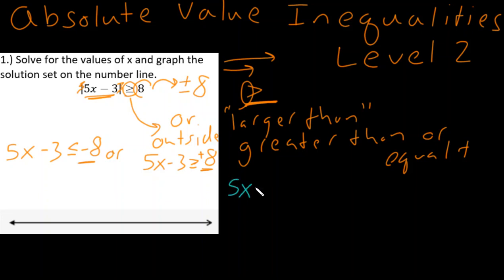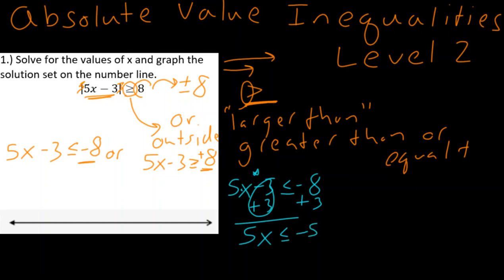I have 5x minus 3 is less than or equal to negative 8. Well, what do I get rid of first? My 5, my multiplication, or my subtraction, my minus 3. Of course, we get rid of our subtraction first. That cancels. And I have 5x is less than or equal to negative 8 plus 3, which is negative 5. Now from here, I divide both sides by 5, and I get my first solution,